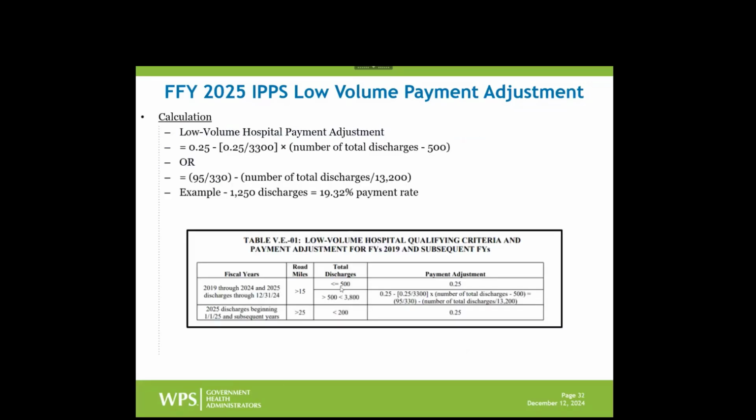Now, as far as the payment, it's a sliding linear scale. So the fewer discharges you have down to 200, the higher the payment adjustment's going to be, up to the maximum of 25% add-on, which is a very generous add-on to your normal federal payments. Now, if you have close to 3,800, which is the max number of discharges, of course, if you have over 3,800, you're not going to qualify. But let's say you have 3,799, you're going to get a very minimal add-on, but something's better than nothing.